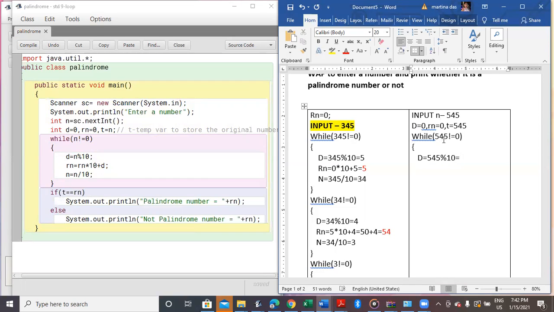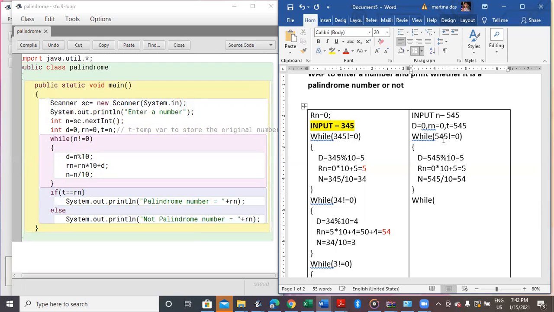Modulus gives me the remainder. That will be 5. The original Rn value is 0, so it will be 0 into 10 plus the value of 5. So it will give me 5 itself. Next, the remaining number that will be stored is 545 divided by 10, which gives me 54. Now, the number has not become 0, so again we enter for the second time.